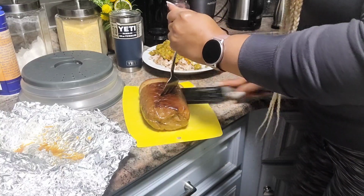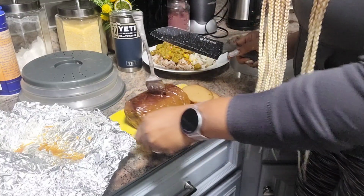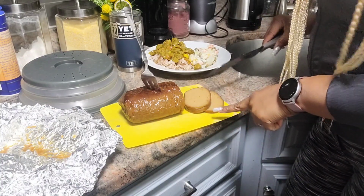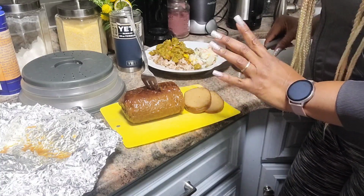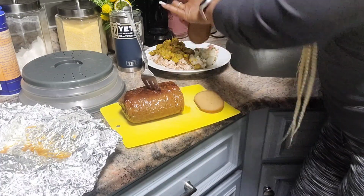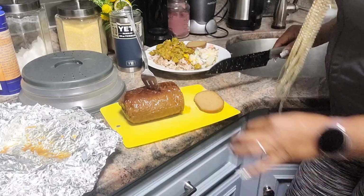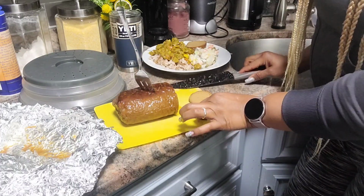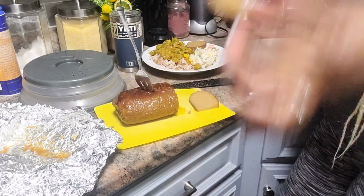Trust me, I could sit down and just eat. I'm gonna be making this all the time. Okay. There goes my ham. It's not as pink as it should be. I don't know if you hear my mouth watering. My mouth is seriously watering, guys. Put this on the plate because I'm gonna warm that up. I just got home from visiting my sister, and I'm gonna have dinner. But this is the ham,